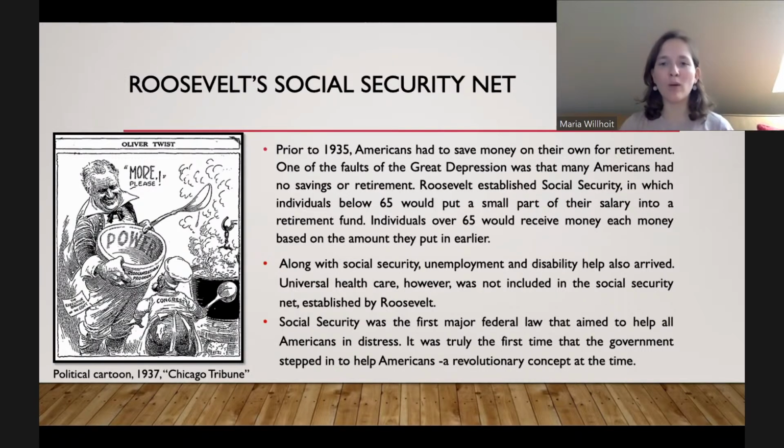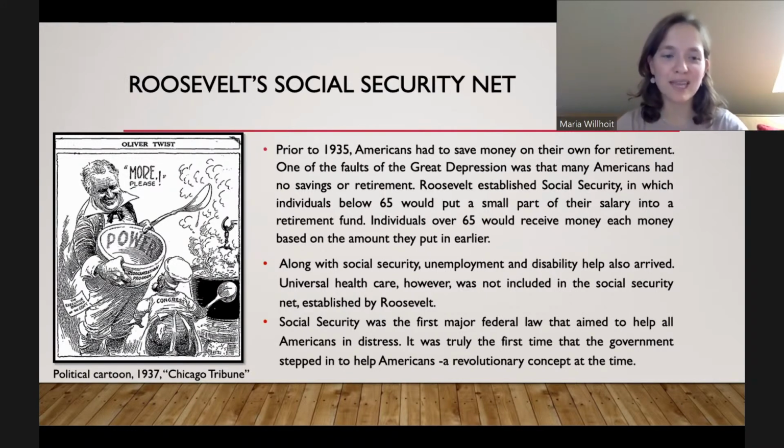So that was revolutionary in that way, but it was also revolutionary because it expanded the federal government to help Social Security run smoothly. The federal government had to increase in size. It had to have agencies. It had to make sure everybody was following and doing their part. And that is absolutely major because once you expand the federal government, you really can't contract it. You can't decrease it. I think I read somewhere that the federal government tripled in size under Roosevelt. It tripled. It's incredible. And some people didn't like that.